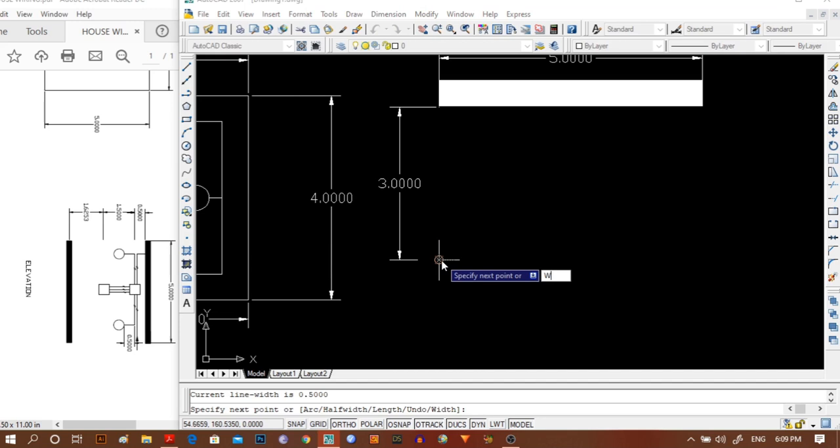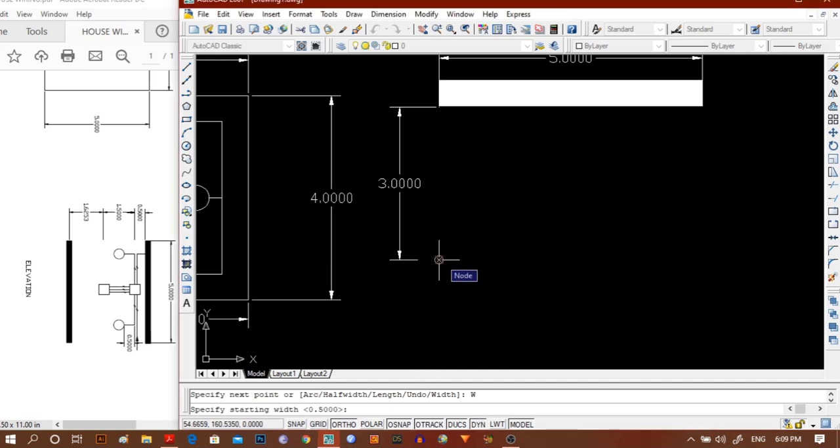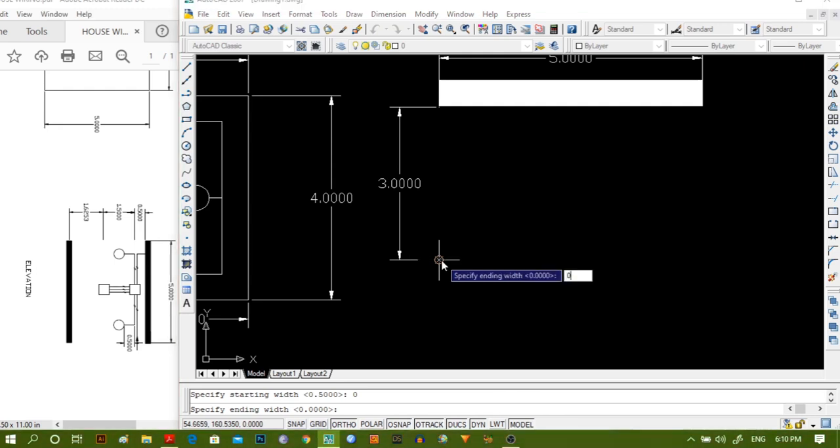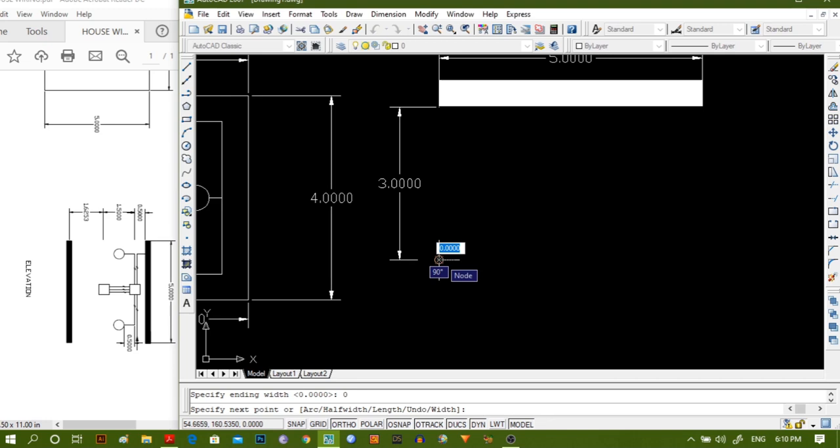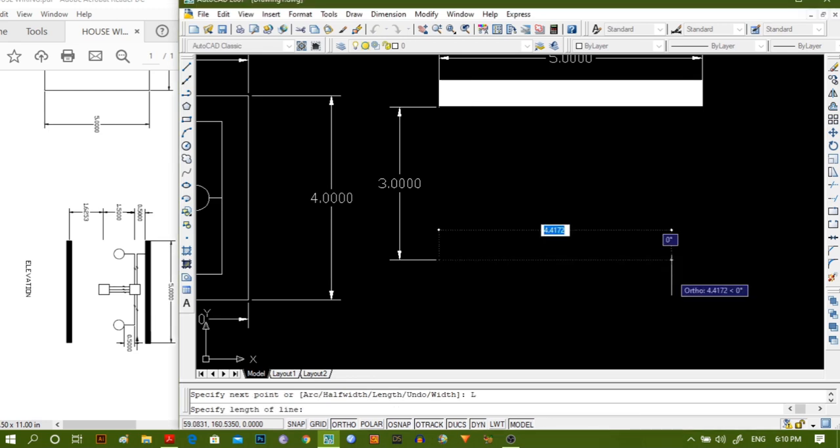So the starting point width, say consider as 0. Enter. Ending point width is 0. Enter. And for the next point, I have to consider the length here.